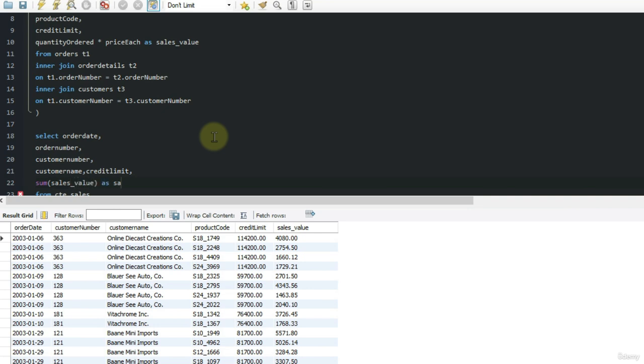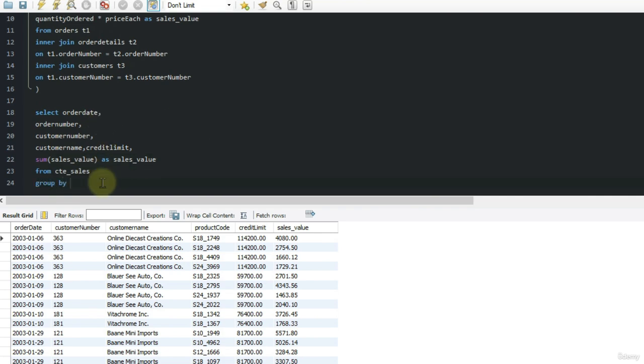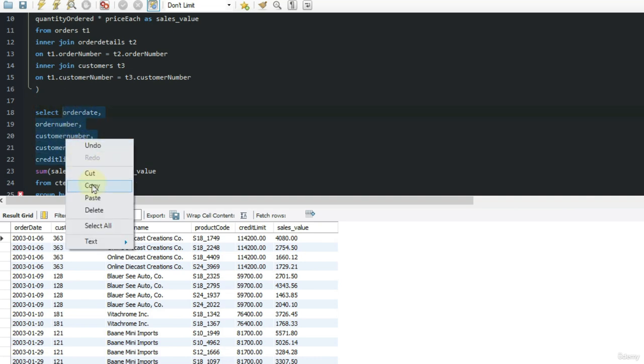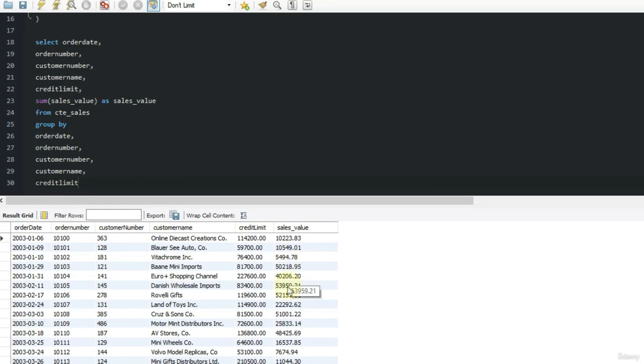And then now we can sum the sales value. And again, we'll just name that sales value. And we just need to group it then by all our columns that are non-aggregate. So I'm just going to copy them down. Just need to remove the last comma. Okay, yep, so now we have an order number, one order number, and the sales value per customer on each